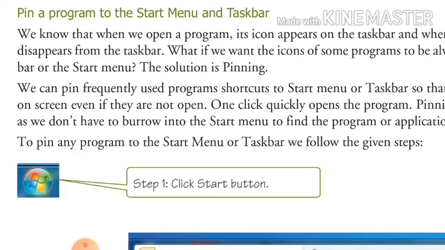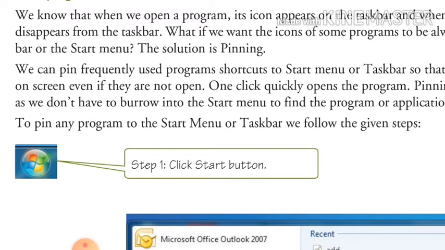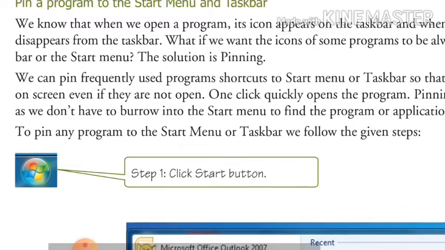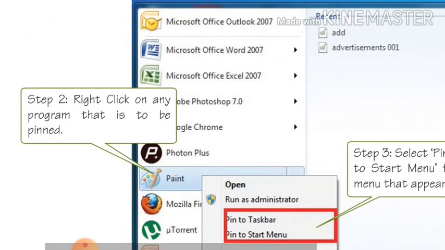If any program, any file, any folder you have to open daily, that you use frequently, you can pin up on the taskbar. No need to search or worry about where is my program, which file we have to open, because that will already be pinned up on your taskbar. So how can you pin up on the taskbar?